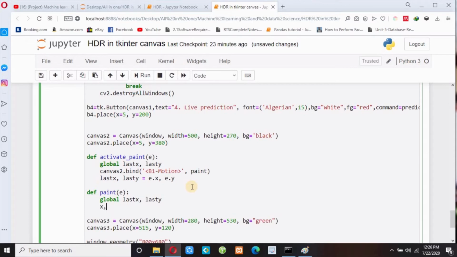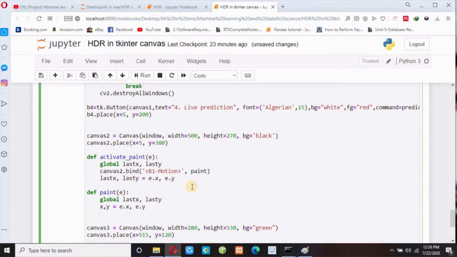and then similarly as above. So xy equals e.x and e.y, and then I have to create a paint inside canvas 2. So create line. Now I have to pass last x and last y over here, so last x comma last y, and also these xy coordinates, so x and y.